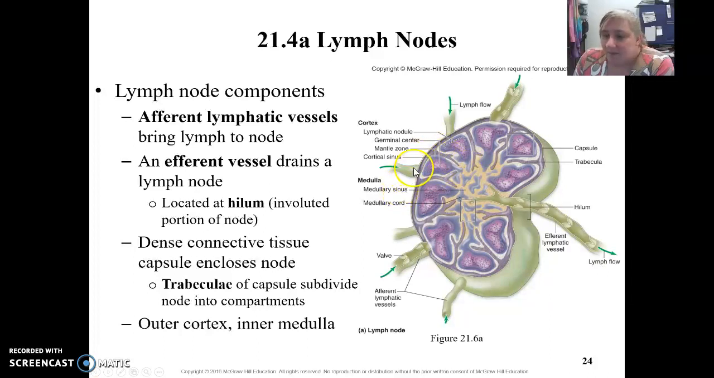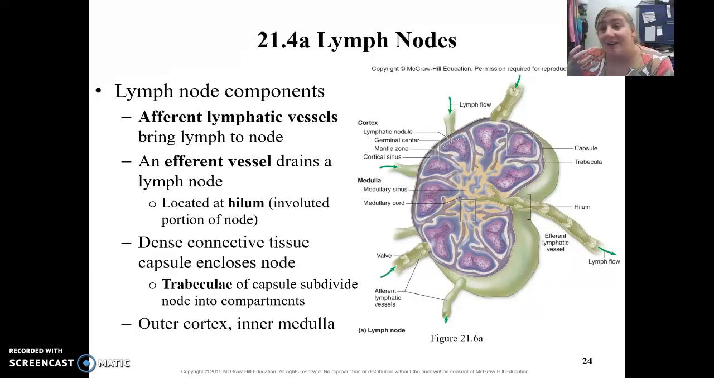So fluid moves in and goes around these little germinal center areas. And if any potential pathogens are there, they're going to activate B cell and T cell activity. And then this is what happens when your lymphatic nodes